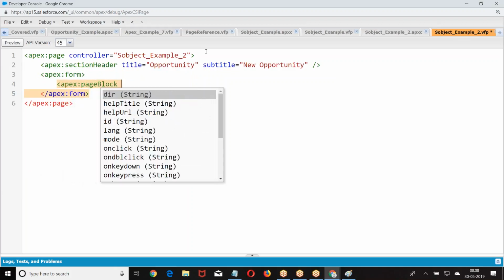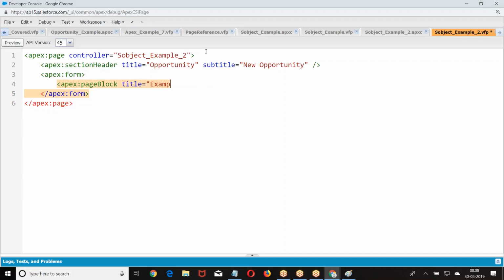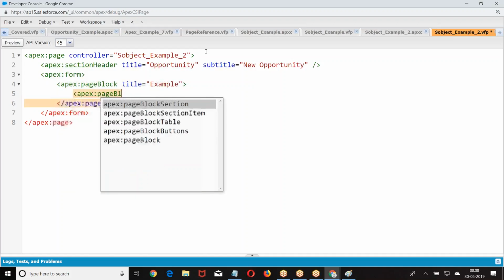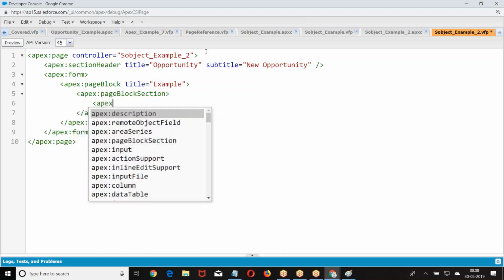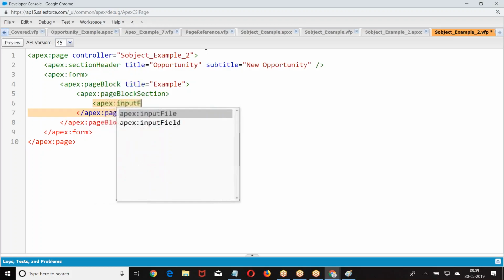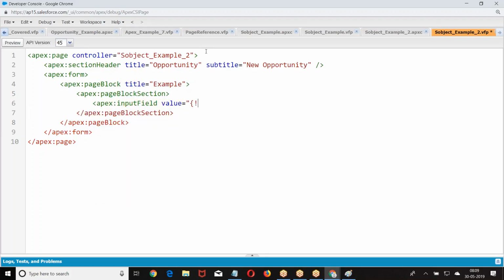Page block. Input field, value equal to OPT dot.